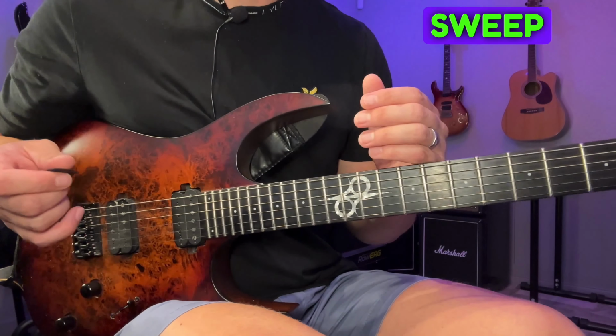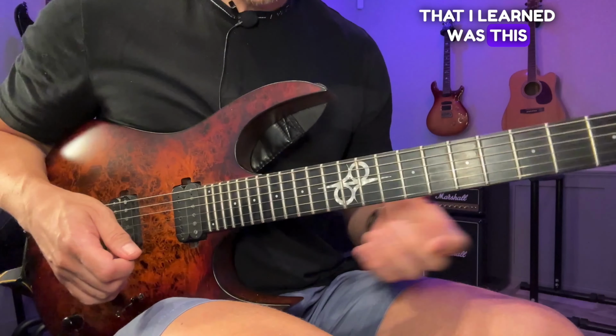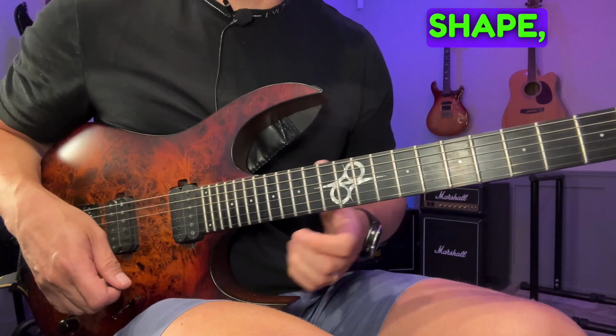So in this video, I'm going to show you exactly how I learned to sweep pick back in the day, and also how you can take it a bit further after you learn the initial arpeggio that I showed you here in the beginning of the video. So let's get going. The very first sweep picking shape that I learned was this minor shape, a 5-string minor